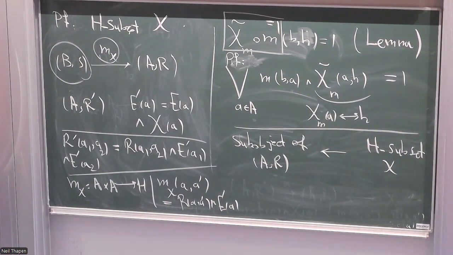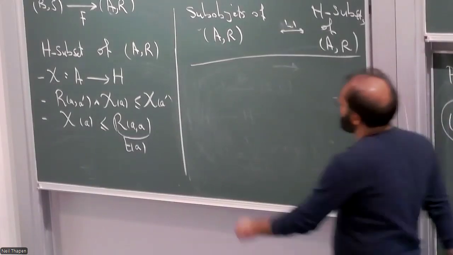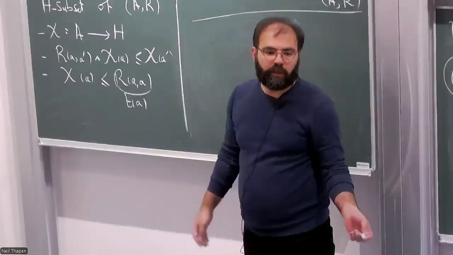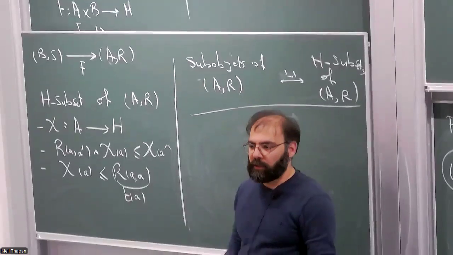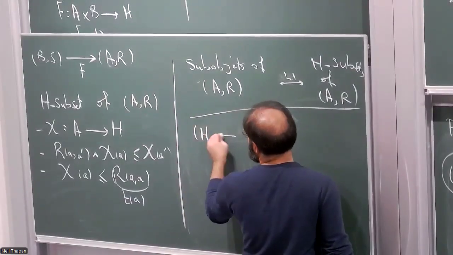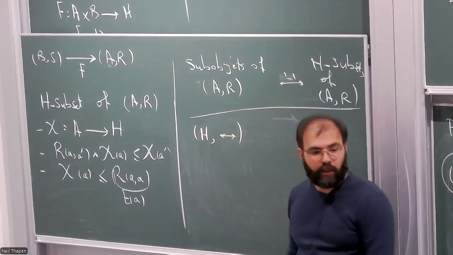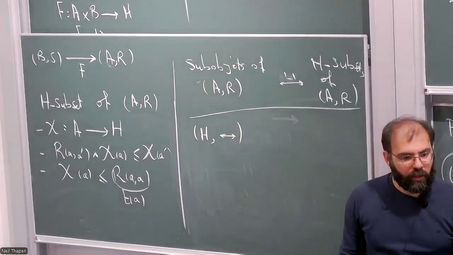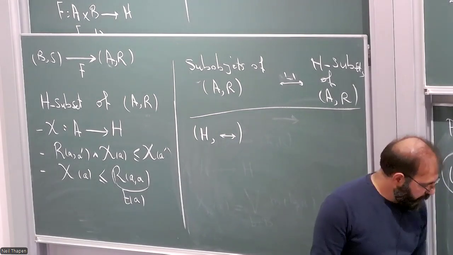So what's the point? The point is simply to define the subobject classifier and to show that it is actually a subobject classifier. So the subobject classifier simply is what? It should be the set of values as before. So it is simply the H set this. The subobject defined this way will be